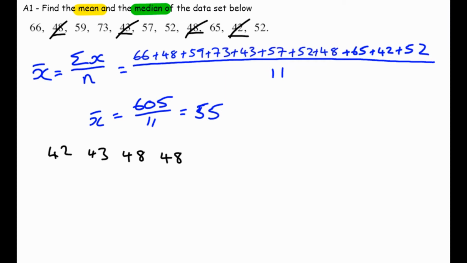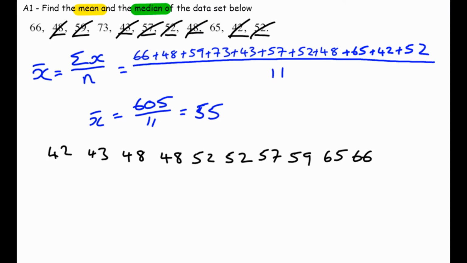What's next? Anything in the 50s? Got a few of them right here. Once again, those numbers quite quickly in order: 52, 52, 57, 59. Okay, and then there's only a few left, so I can see that I've got 65, 66, and 73. All right, quite trivial putting those in order, but we want to make sure we're as